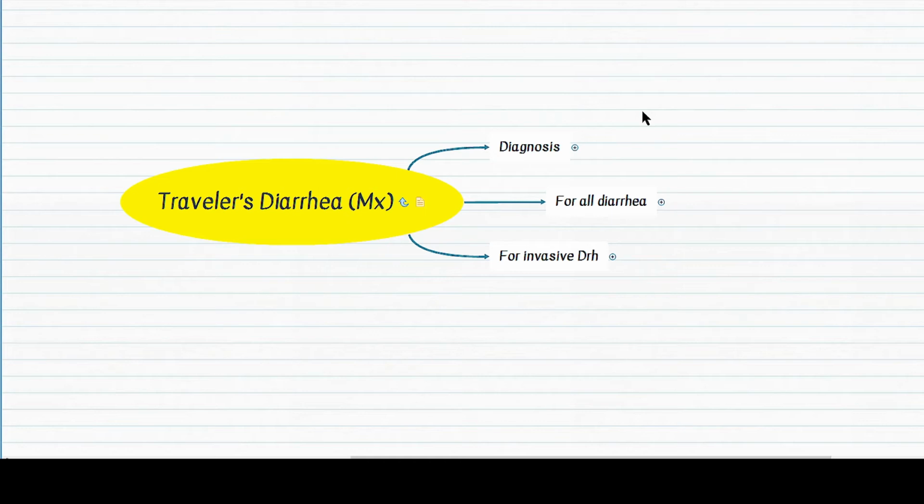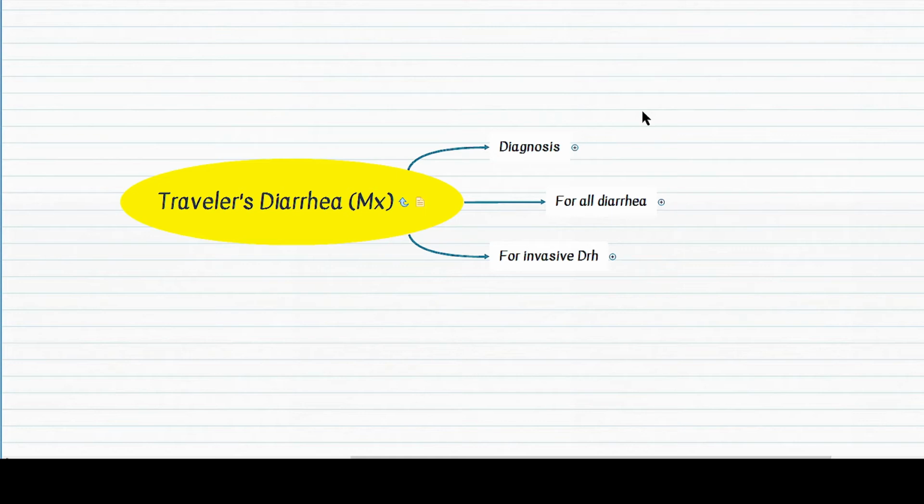And on the other side, we have some inflammatory causes of diarrhea, especially those that are due to toxins again, such as C. diff,